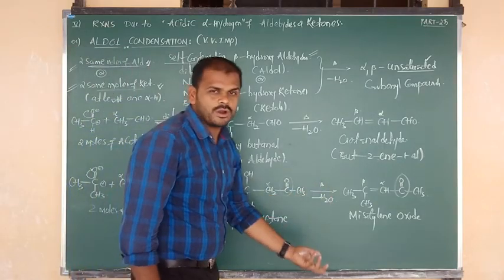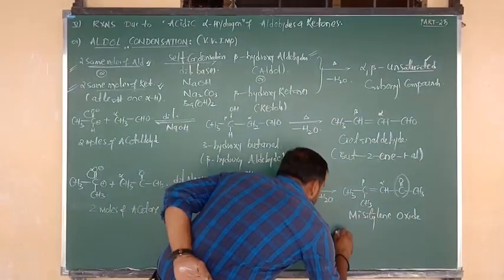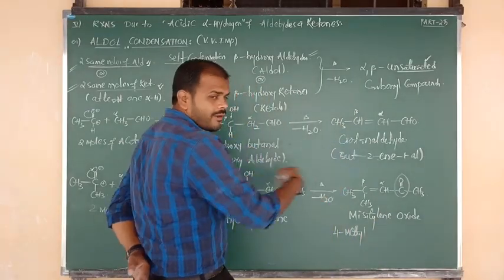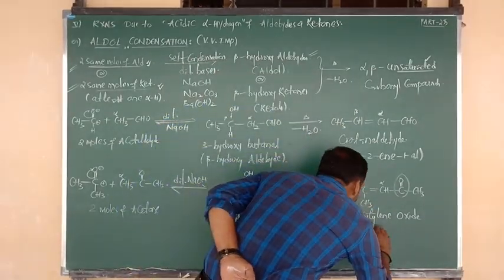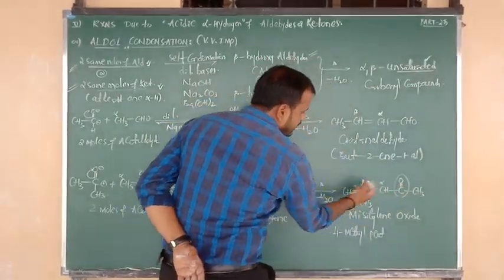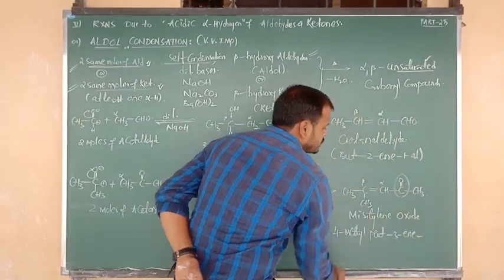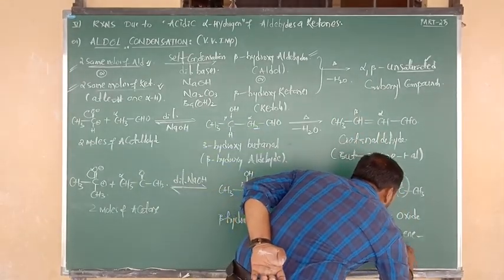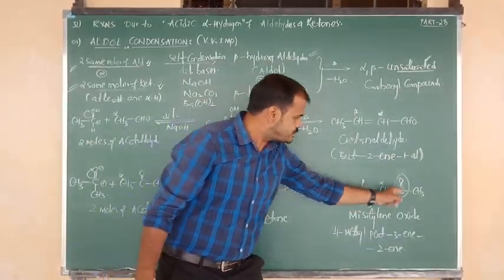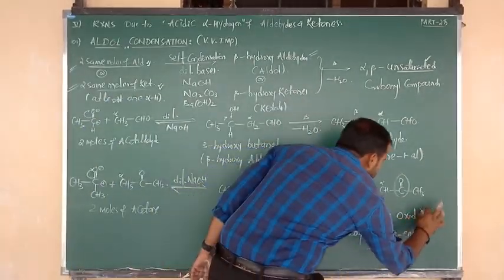And for this also, if you want, you can write the IUPAC name. 1, 2, 3, 4, 5. So 4 is connected to methyl, so simply we can say 4 methyl. Total how many carbons are there? 5 carbons, so simply we can say pent. Double bond position after 2? Okay, now 1, 2, 3. After 3 is the double bond. So simply we can say pent 3 ene. But the ketone position is 2, so simply we can say 2-one. 4 methyl, pent, 3 ene, 2-one. Like that we have to rewrite it. So this is nothing but the IUPAC name and this is your common name.